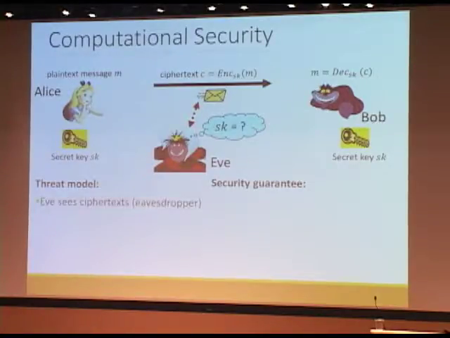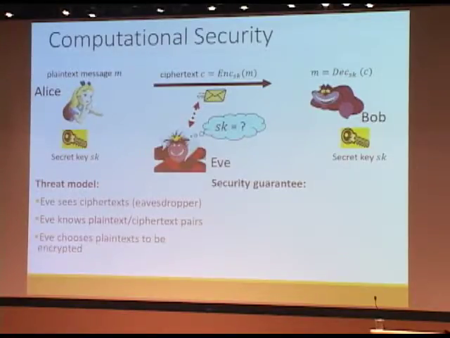And so on this side, one can look at increasing capabilities of the adversary. We could assume that Eve is simply an eavesdropper, so basically just sees ciphertext flying by. But maybe a little more realistically, Eve already knows what will be encrypted. So if she sees the ciphertext, she already knows the corresponding plaintext. So that's a more powerful attacker.